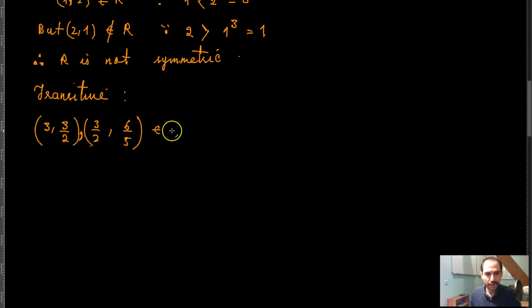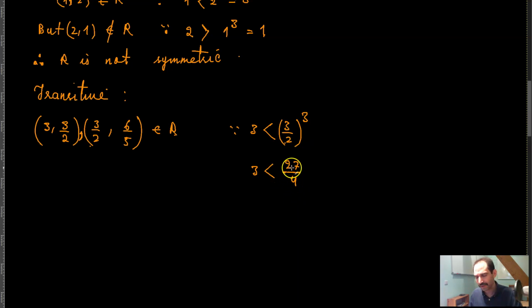So these belong to R, because you can say that basically 3 is less than 3 halves whole cube. So 3 halves whole cube is the same thing as, so 3 is less than 27 fourths, and